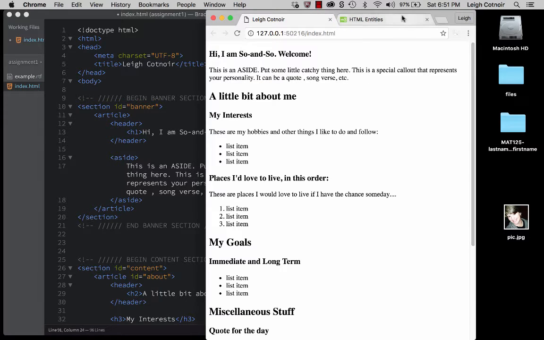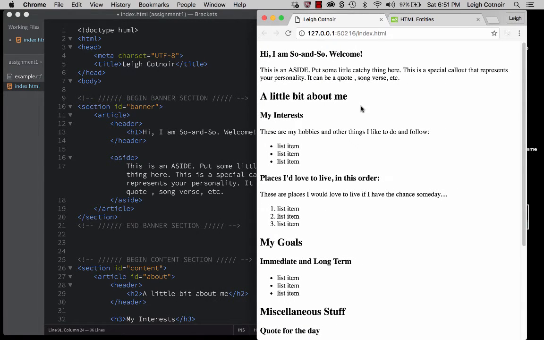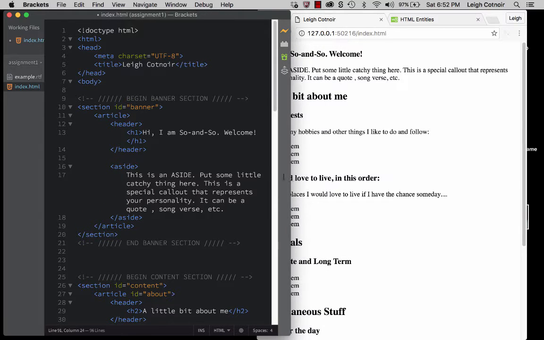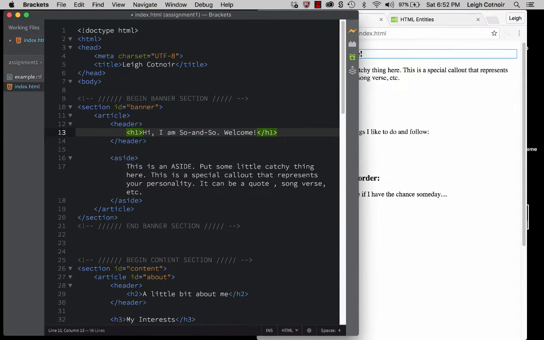What might be kind of nice is if we were to decide to put a picture maybe up at the top next to where it says, hi, I'm so-and-so. So if we were to look in the HTML code and try to figure out the best placement for that, I think I'm just going to have it go before the H1,